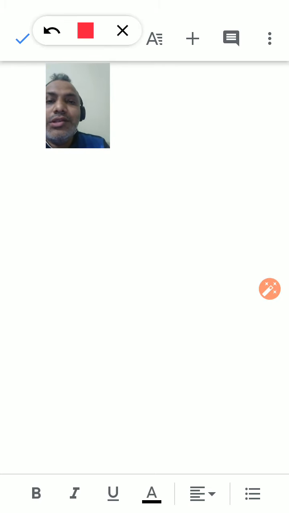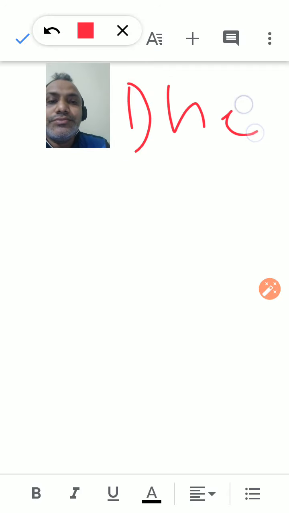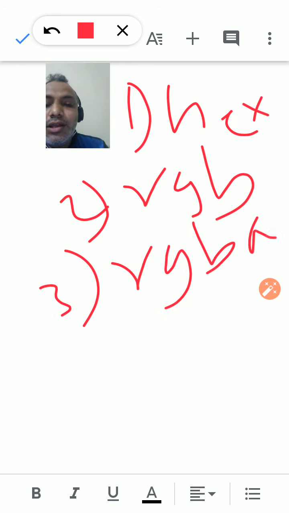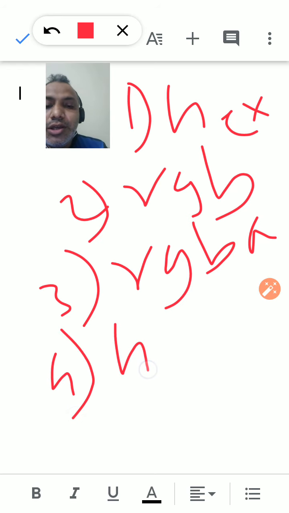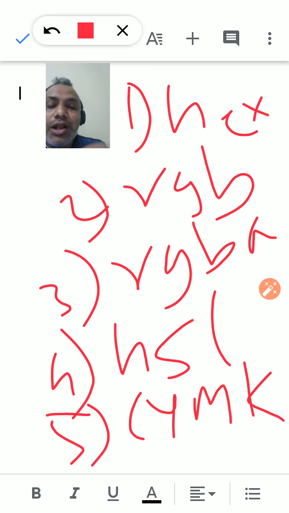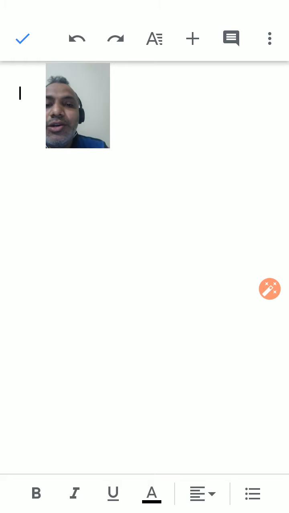The first color mode is simple hex. Second is RGB. Third is RGBA. Fourth is HSL: hue, saturation and lightness. And fifth is CMYK. So these are the color modes. And what are the attributes?